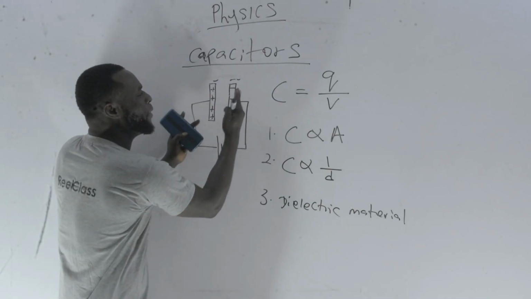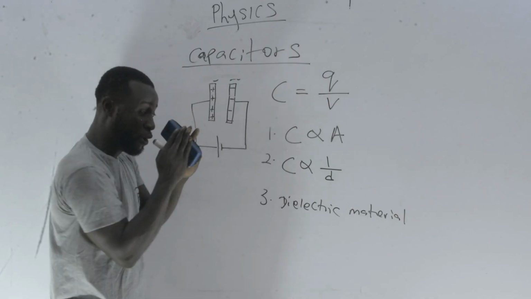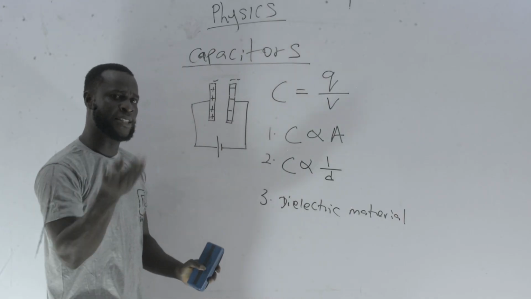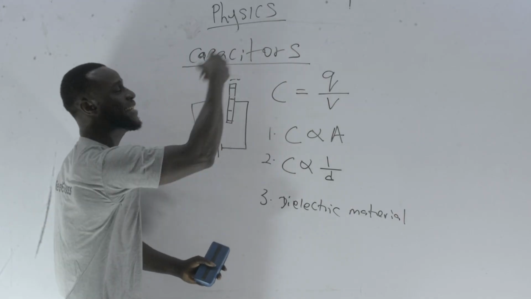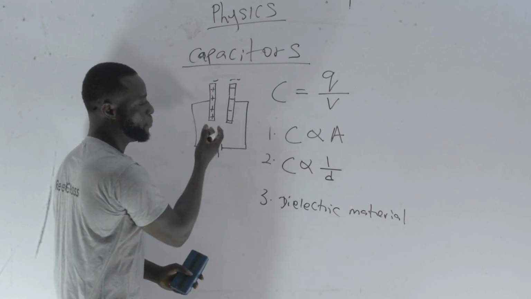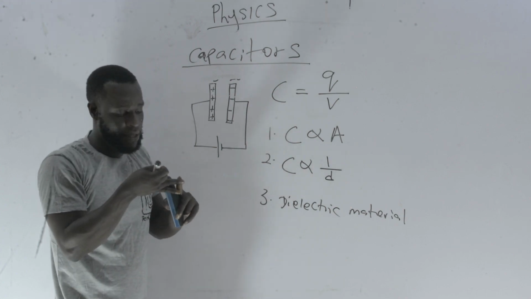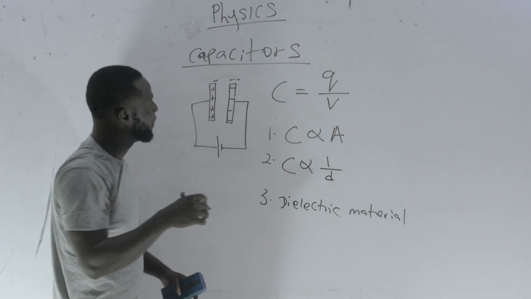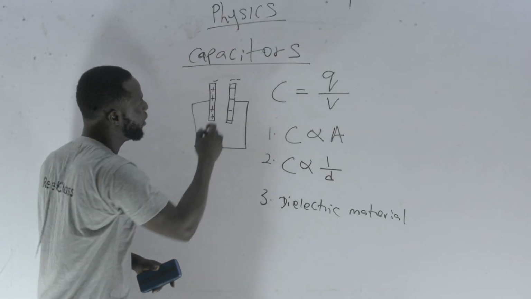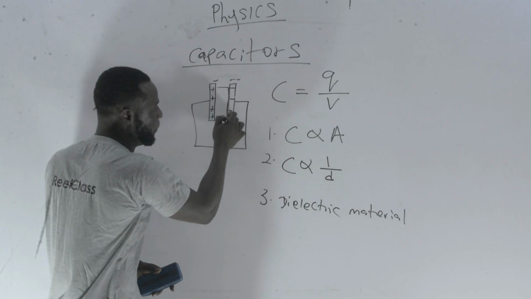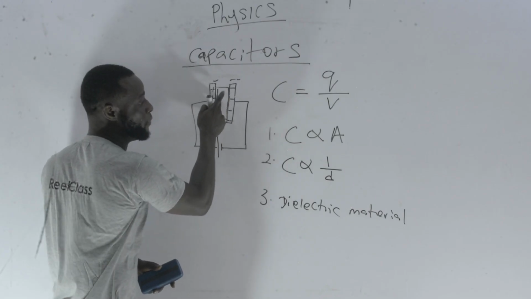Or I can decide to bring these plates extremely close to each other. If it's extremely close, there's a risk of the plates touching. So I can insert an insulator between the plates. That insulator can be plastic, can be glass, can be anything that is an insulator. Even some liquids can be used. So I can insert something in between the plates, and that stuff I've placed in between the plates is known